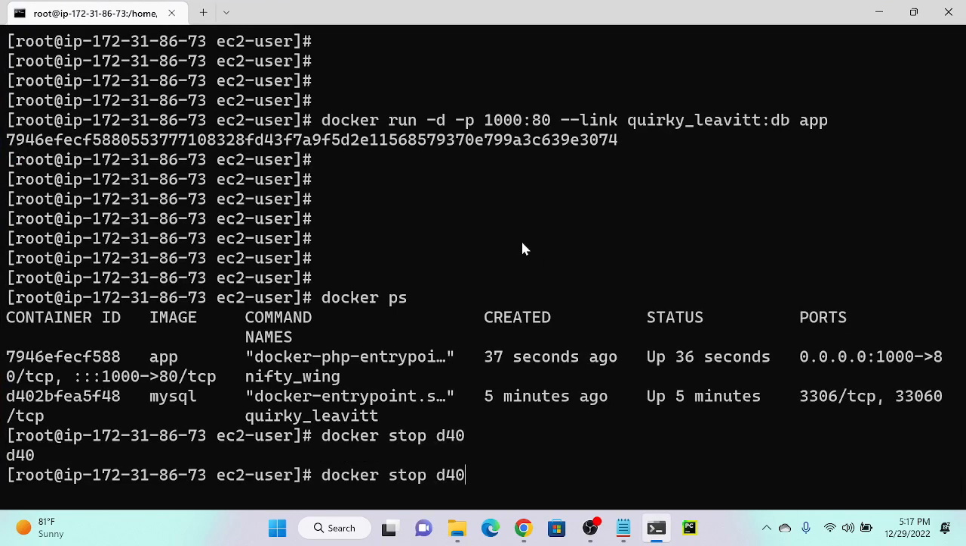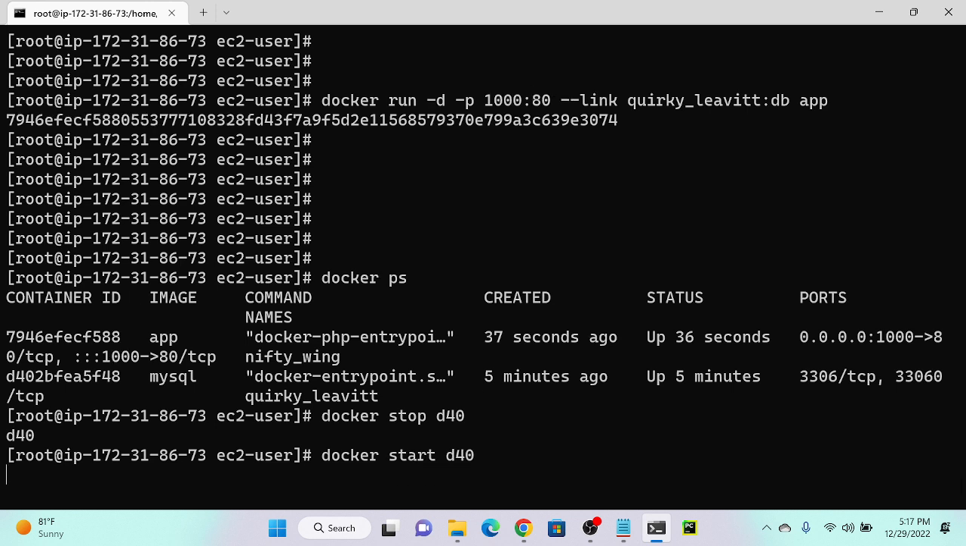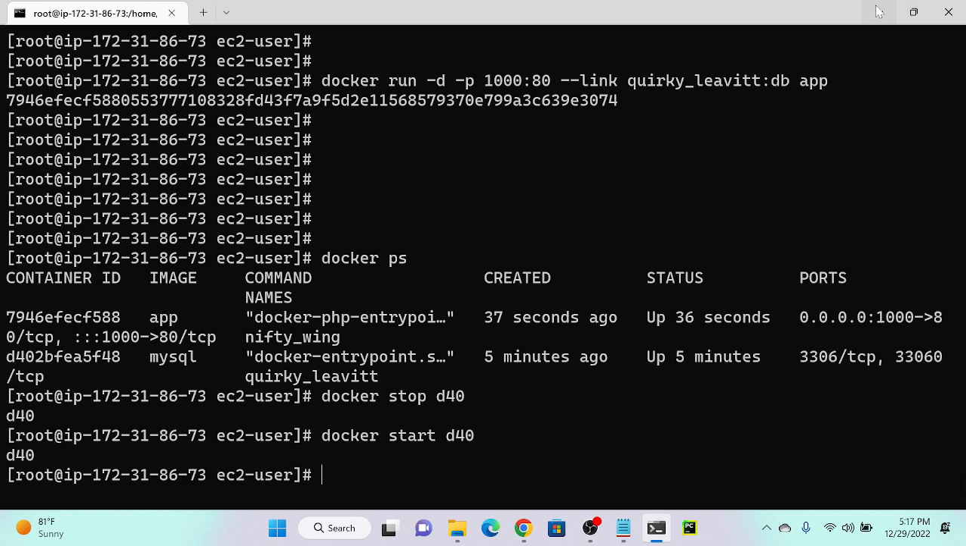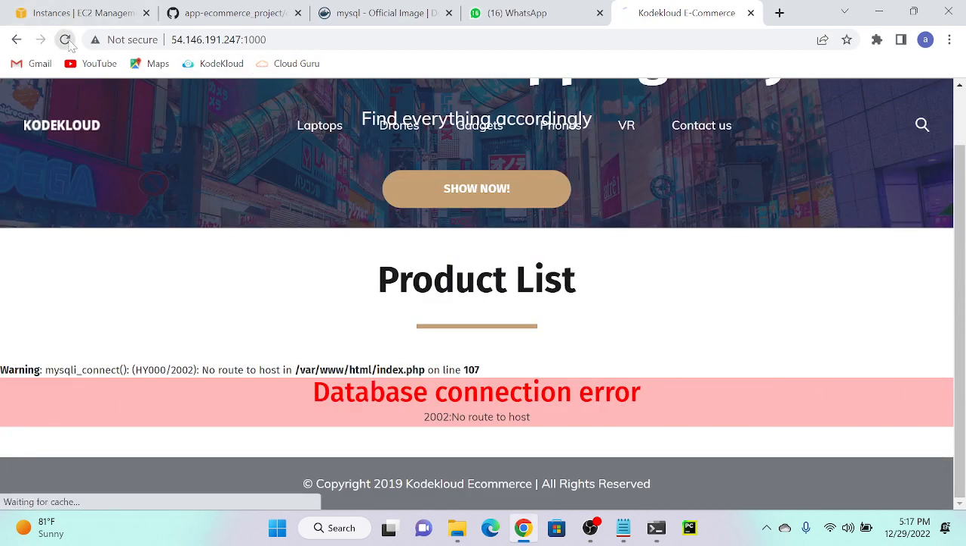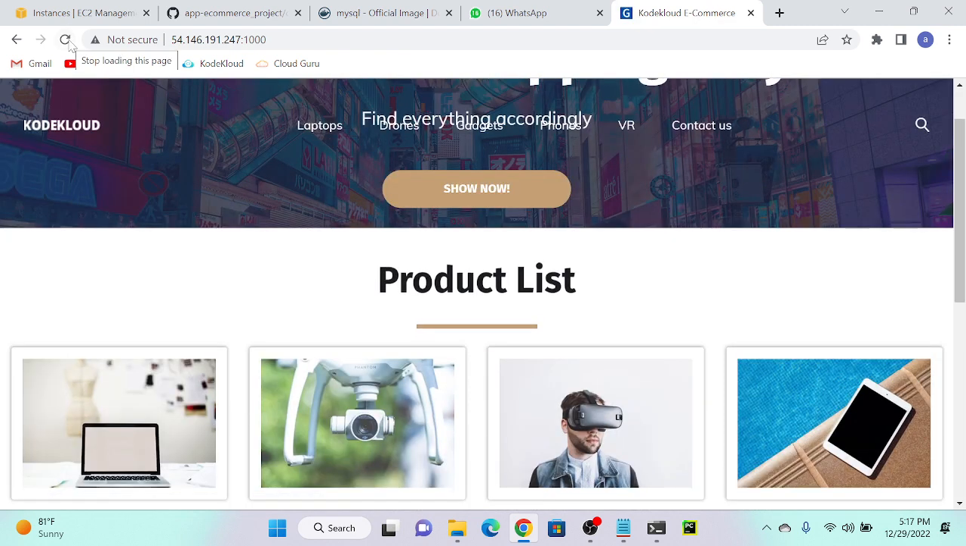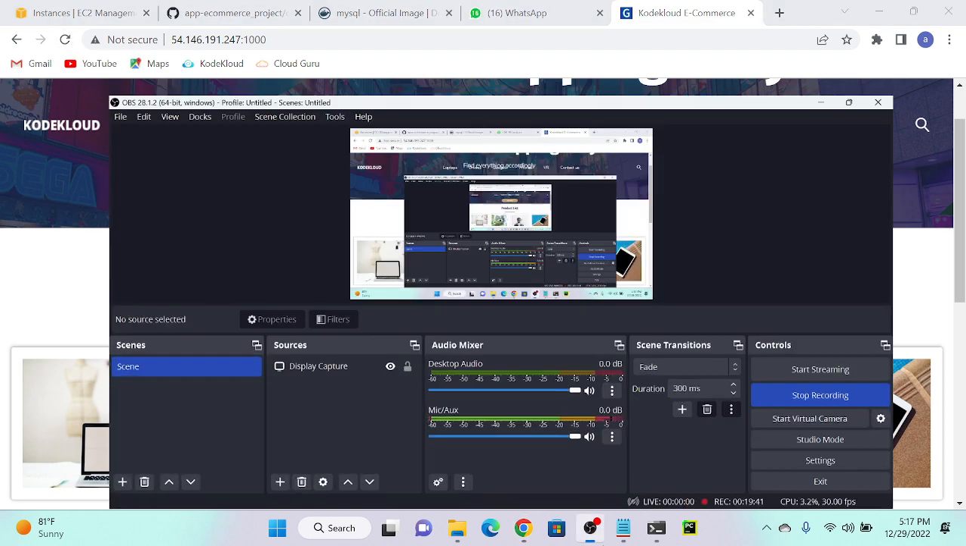I'll go to my virtual machine again and start it again. So how to start? docker start D40. It got started. I'll refresh, and you can see that again I'm getting the same result, the products list. Okay, any doubt? Or else I will create one